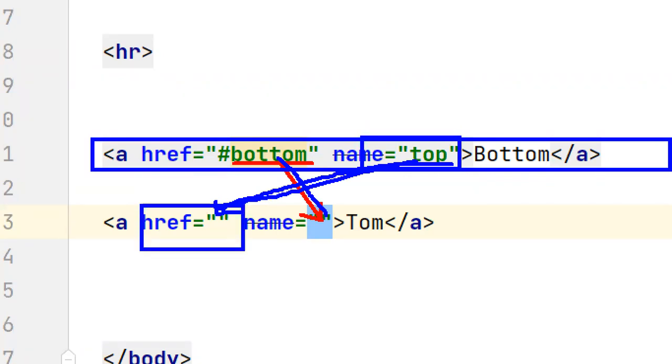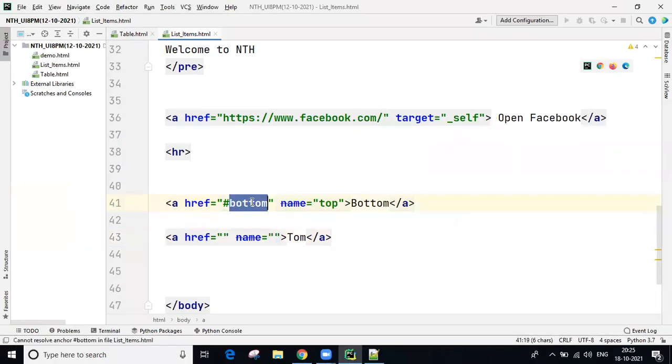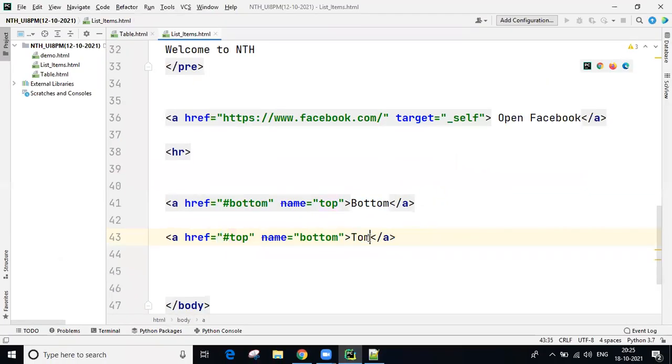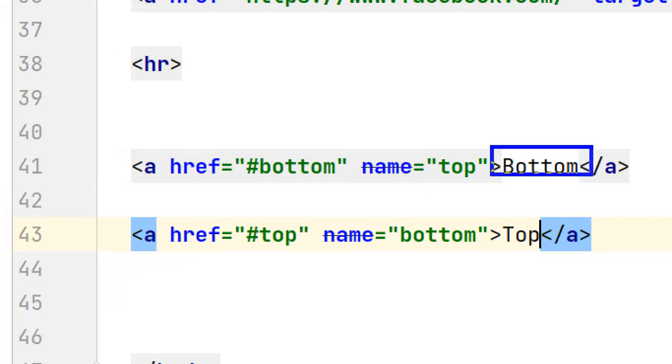That is only intralinking within the page, one location to another location communication. Now name equal to bottom I'm taking. Now name equal to here, the href value always has a hash followed by the name, like you are going to be taking. Okay, so now guys, these two things we can see as links. This is bottom, this is top. These two things we can see as links.